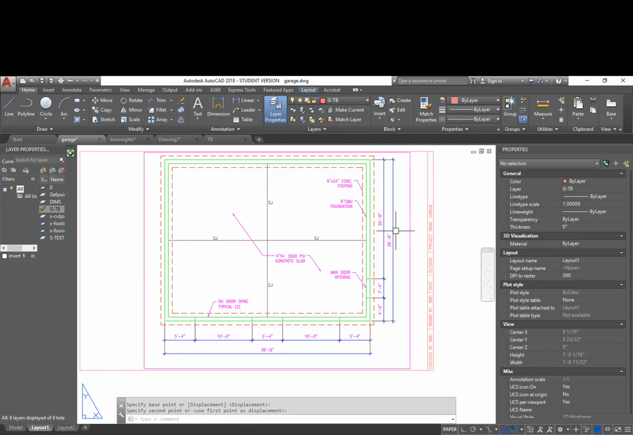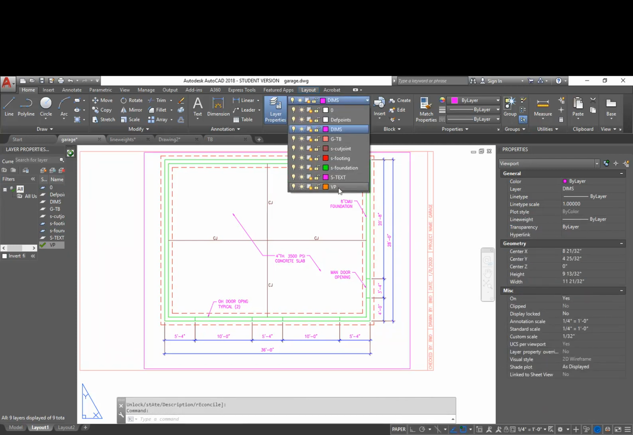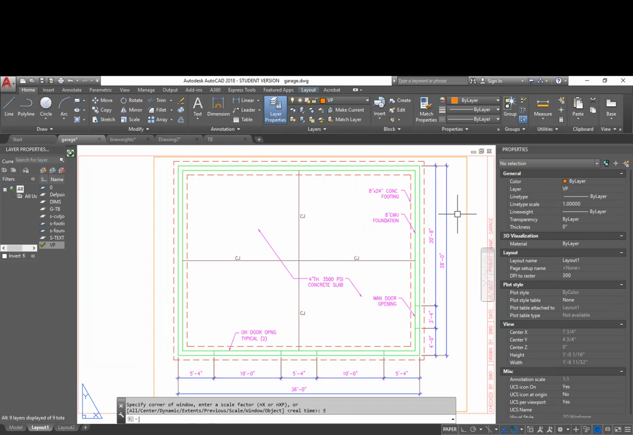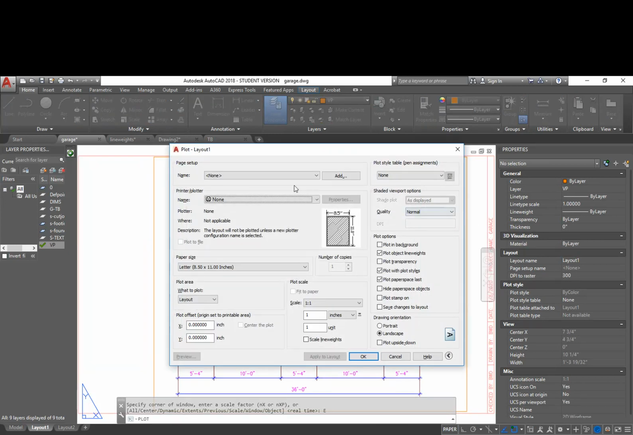I am going to create another layer called VP for this viewport, and I'm going to make that color 30 because that's what I usually make my viewport layers. It's an orange, and I'm going to type in PL for plot and then N for no plot. And I'm going to put this viewport on that layer. So now whenever I plot this, even though that shows up there,